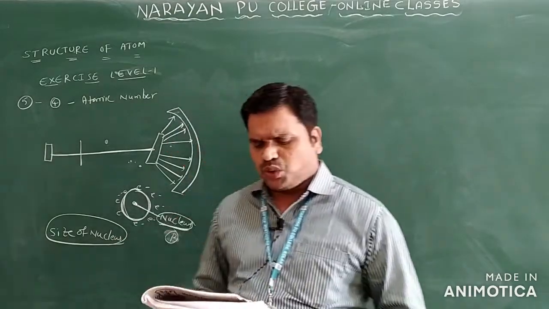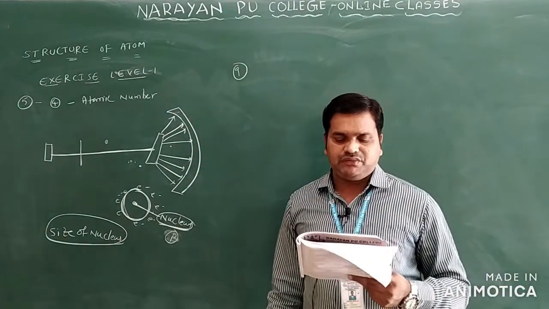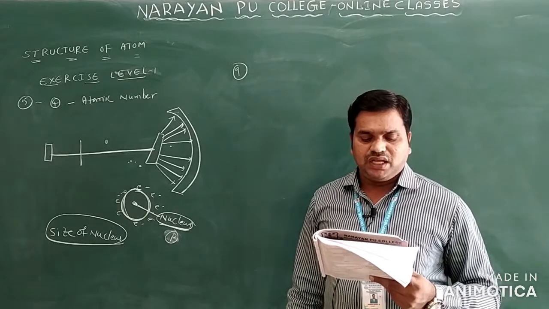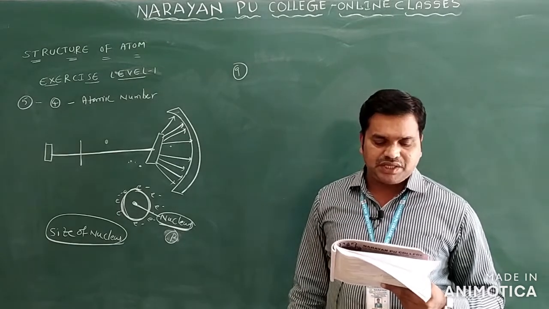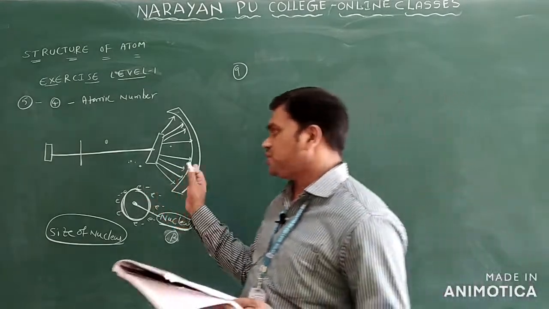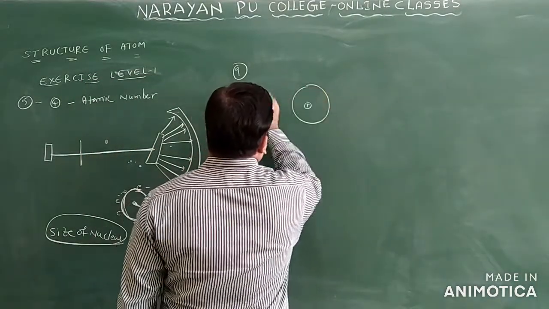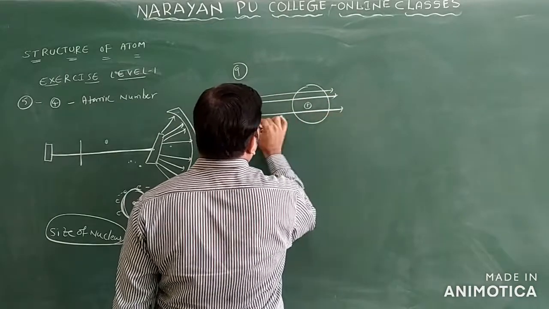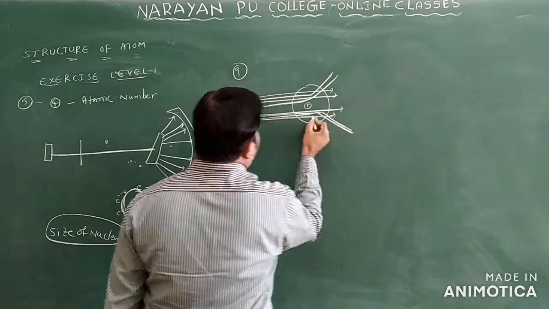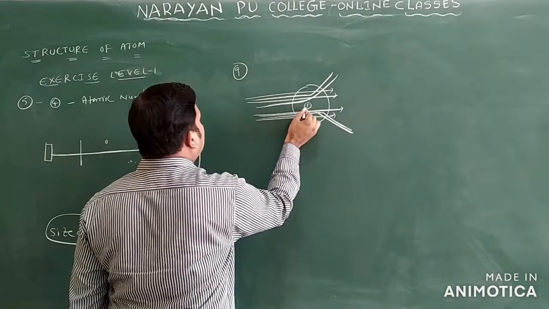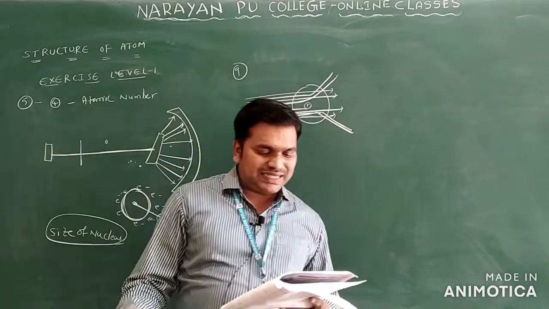Now we can see question number 9. When an atom is bombarded with alpha particles, only a few in millions suffer a deflection, and the others pass out undeflected. This is because of which one? Whenever you do this alpha ray scattering experiment, if we take the atom like this, there is a positive charge here. The majority of the alpha particles move straight, and a few of the alpha particles are deflected like this, at a few angles only. Out of 20,000, one alpha particle bounced back. Clear? Mainly they ask here what the reason for this is.